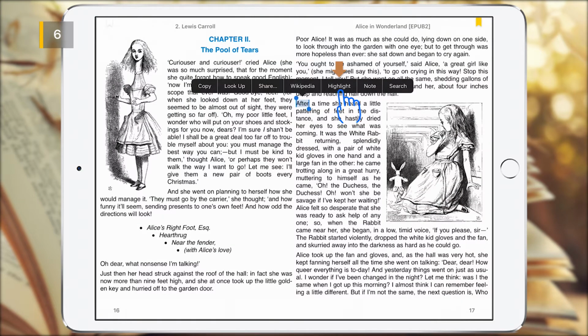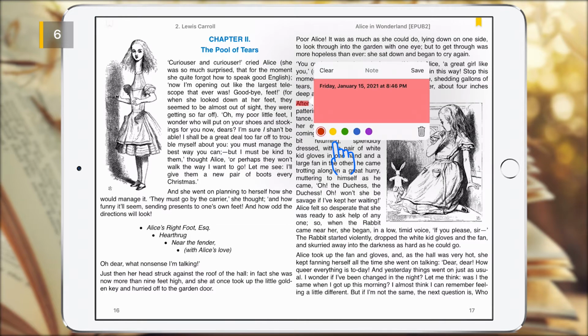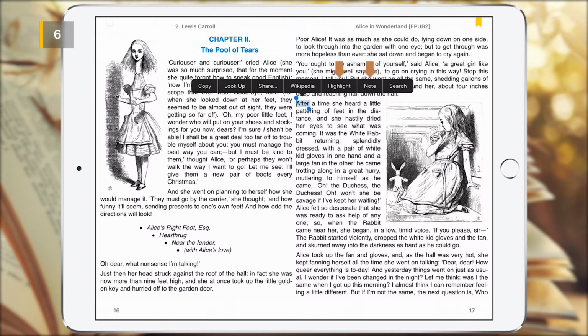Highlight option is used to highlight the selected text area by default color. To change the color or other properties of the highlighted text, tap again on the desired item. The new selected color becomes the default color for highlight and note. It should be noted here that both the highlight and note options in T-Reader are processed almost identically.